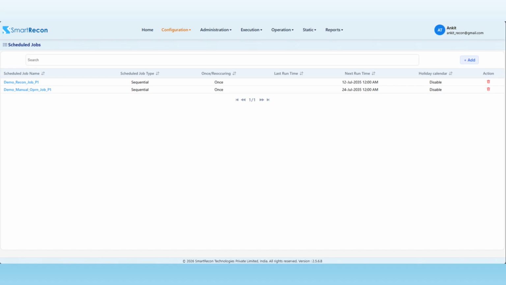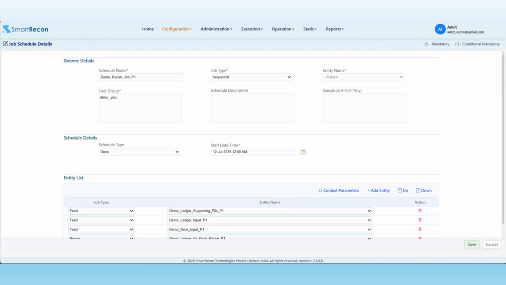Go to Job Scheduling and click Add to create a new job. We will create two jobs, one for automation and another for manual operations. Let's start with the automation job. Provide a schedule name. Here we have named it demo_recon_job_P1. Select job type as sequential, which means the items will run one after another in the order we specify.